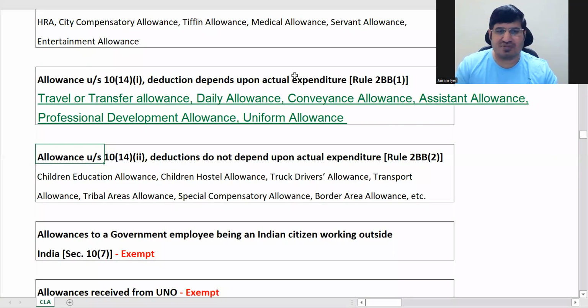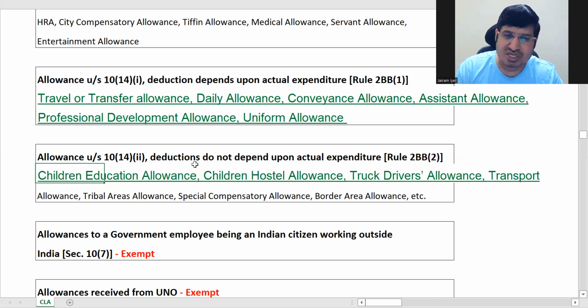And then next is also a special allowance, but here the deduction doesn't depend on your expenditure. How much will be exempt is already given in the statute and you have to follow that. ठीक है, जैसे पहले केस में हमने देखा यहाँ पे आप जितना खर्च कर रहे हो वो एग्जेम्प्ट होगा, यहाँ पे ऐसा नहीं है। एग्जेम्प्ट अमाउंट स्टैट्यूटरी है, दिया गया है, उतना ही एग्जेम्प्ट रहेगा। आप ज्यादा खर्च करो या कम खर्च करो फर्क नहीं पड़ेगा इसमें।